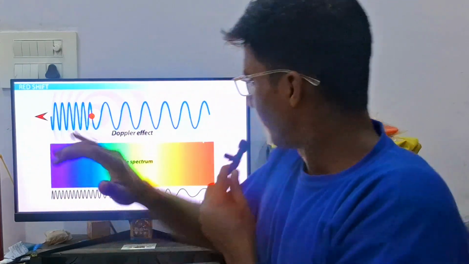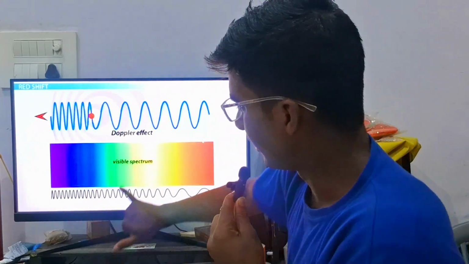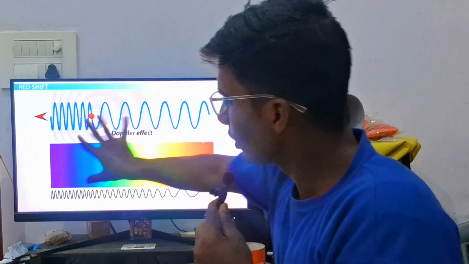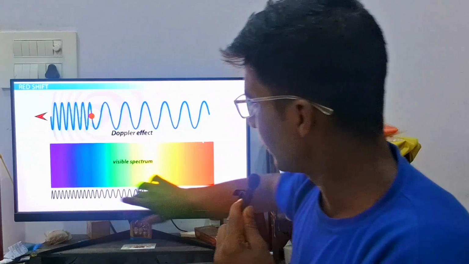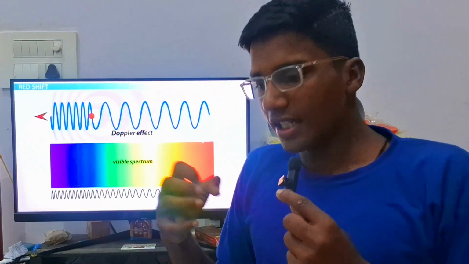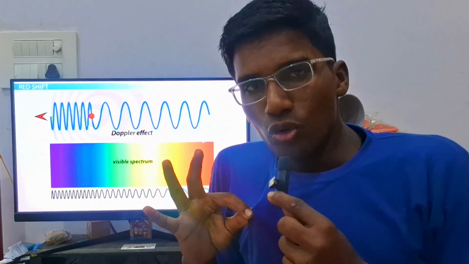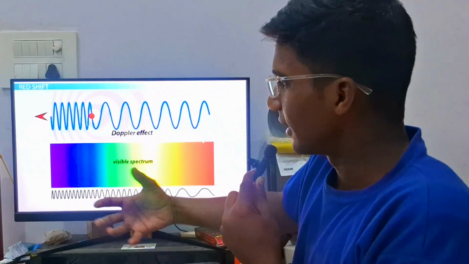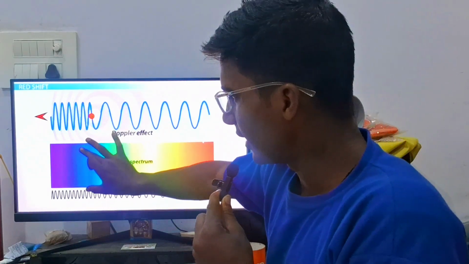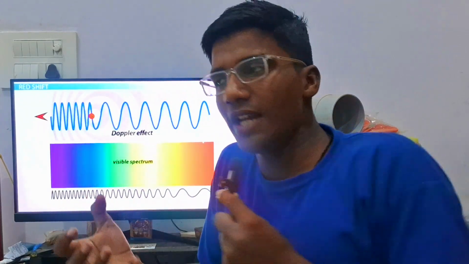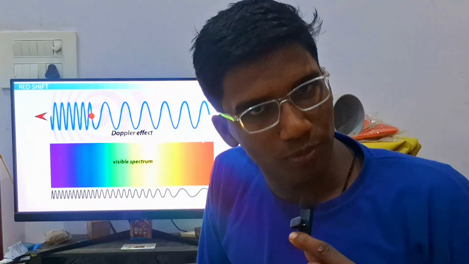So this green area is like the leaf. The leaf is absorbing all the colors in the wavelength spectrum and only emitting the green color. That's why the leaf looks green. Look, this shirt looks blue because it absorbs all the wavelengths and only reflects the blue wavelength area. That's why it looks blue. So this is the concept of wavelength. If you want to know more about wavelengths, I will tell you in a more specific video.